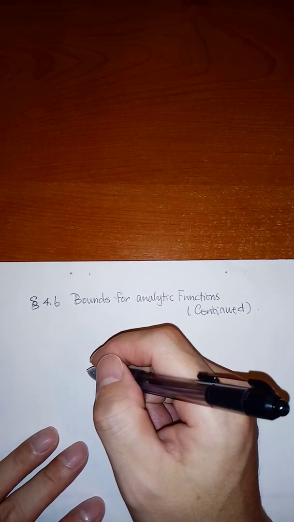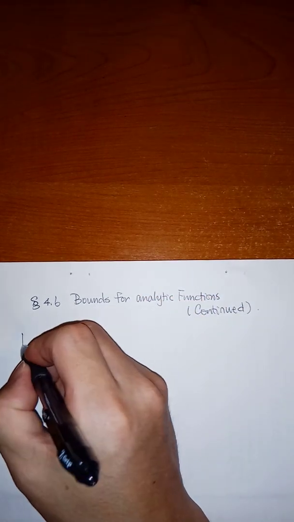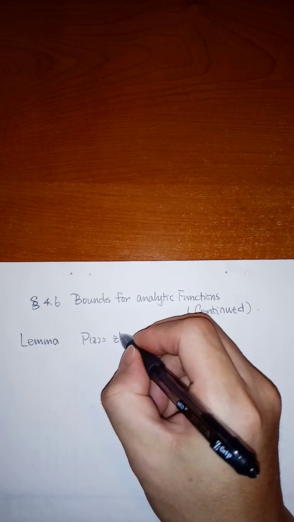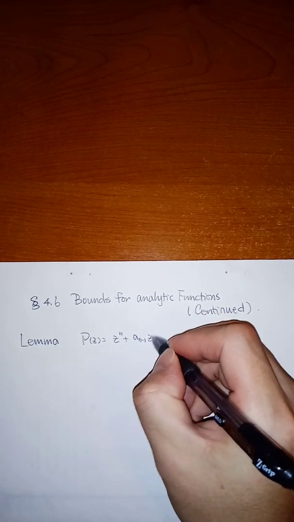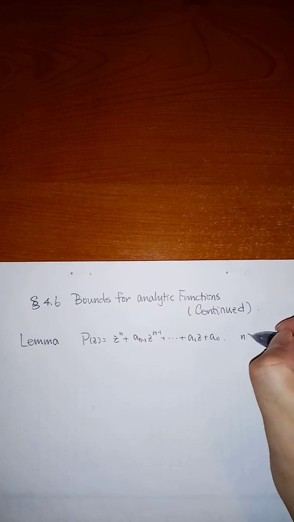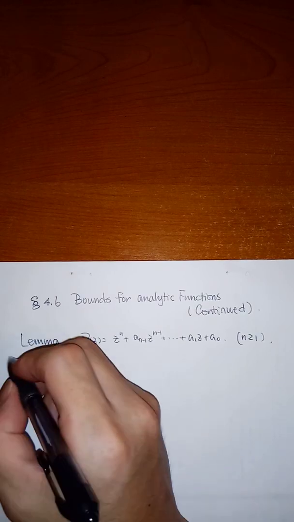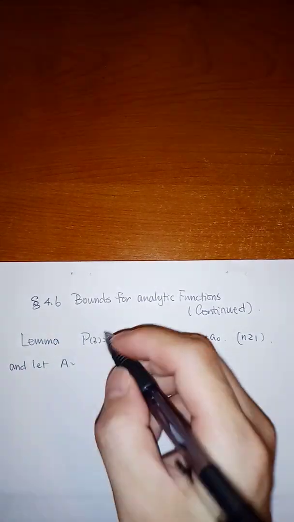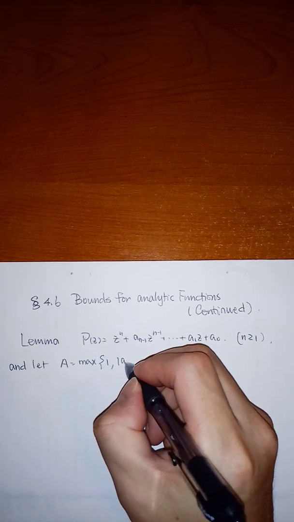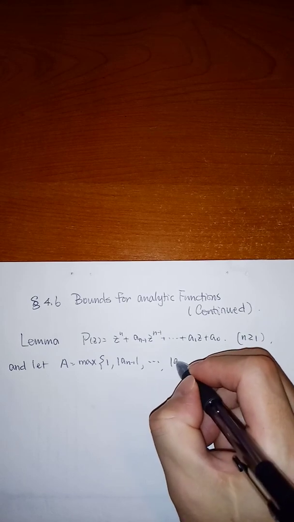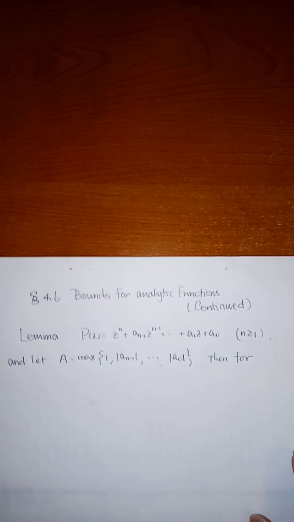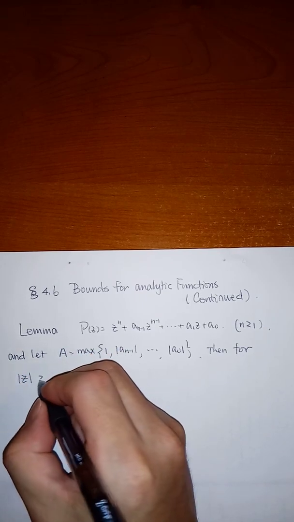The lemma says if you have a polynomial p of z equal to z^n plus a_{n-1} z^{n-1} and so on, plus a_1 z plus a_0, where n is greater than or equal to 1, so it's not constant, and let A be the maximum of the absolute values of a_0, a_1, up to a_{n-1}, then for all z with absolute value greater than or equal to 2nA,